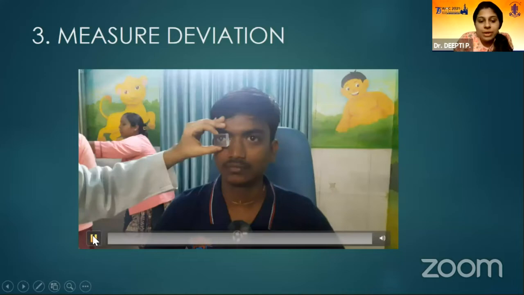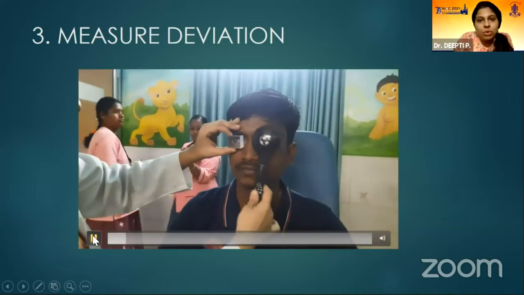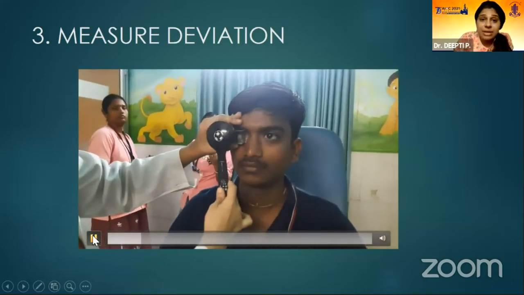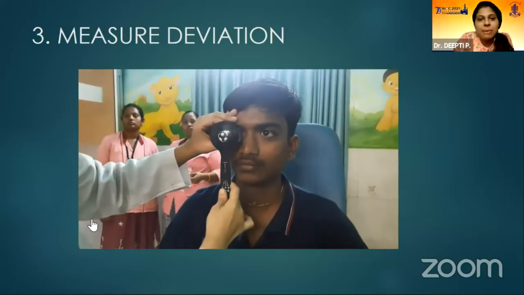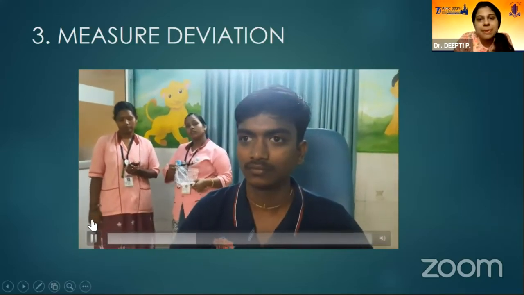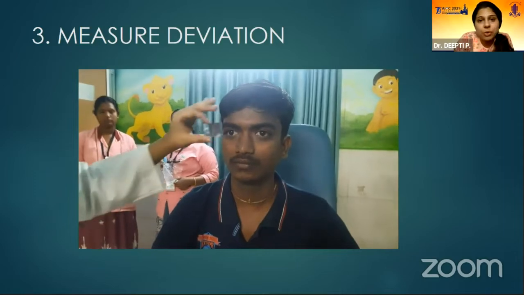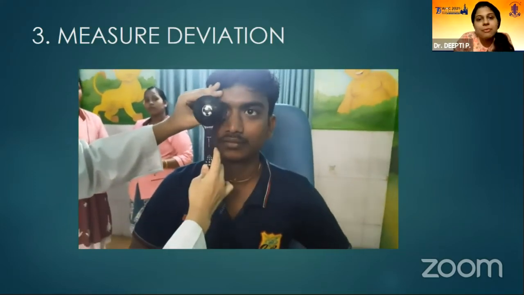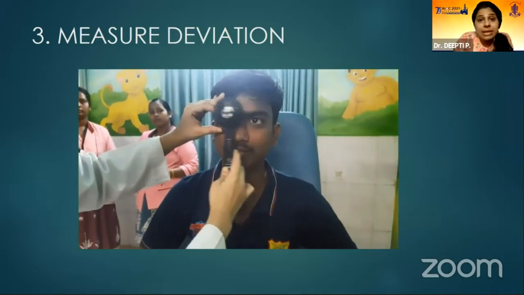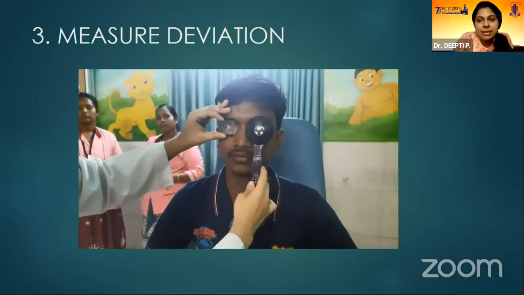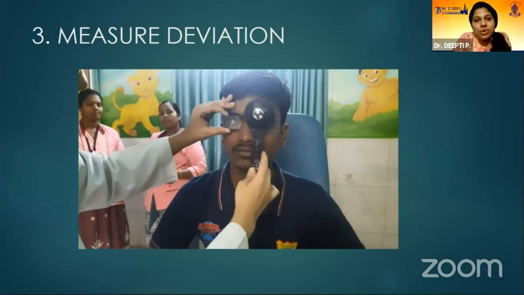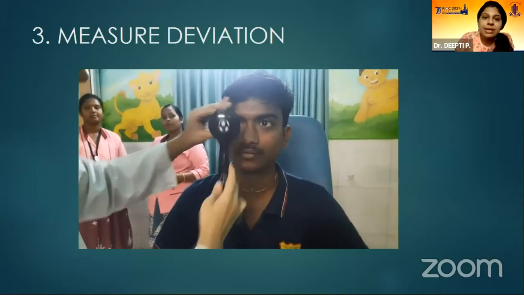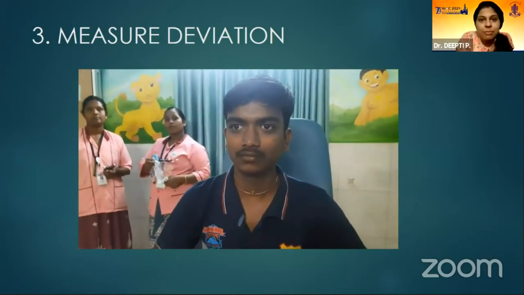Once you find out what is the type of the squint, we would go about measuring the deviation, where there are two important things. The first one could be the prism bar cover test, where you basically place the prism in front of the eye with the apex pointing towards the deviation or the base opposite to the side of the deviation, and we perform the alternate cover test, increasing the prism strength till you neutralize the deviation, or increase it further when it actually reverses the movement. Then you can come back, and the point where it got neutralized is the amount of deviation.